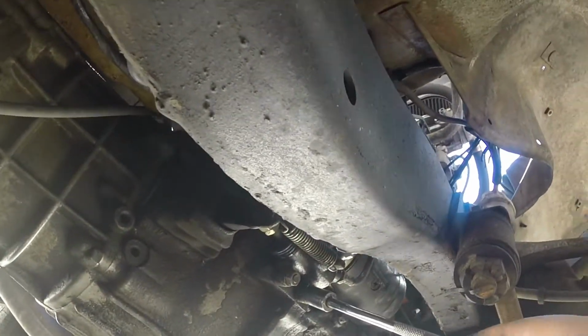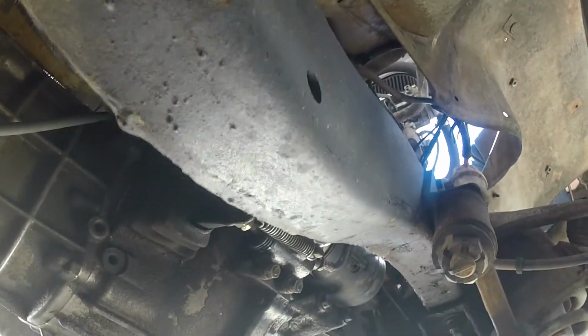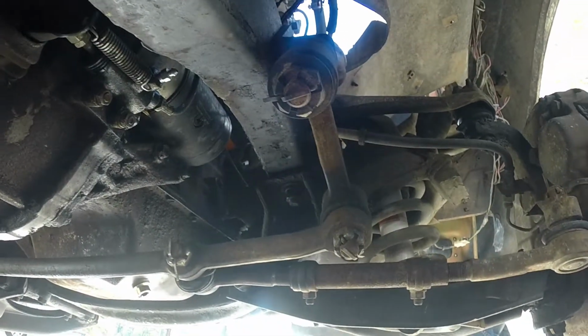Oh, yep, that hurt. Just smashed my hand into the sway bar linkage. Did you? Saw it coming, I should have known. Oh, it's gonna happen again. It's gonna happen again. Oh, I didn't do it. I didn't do it. I mean, some people care, but